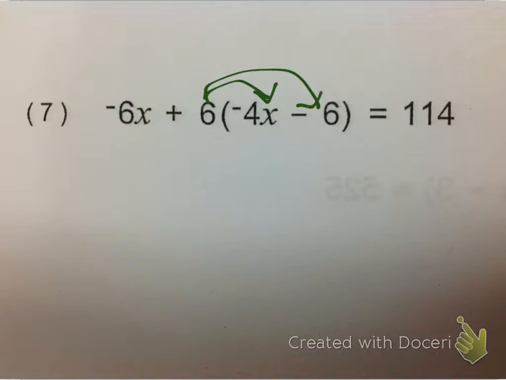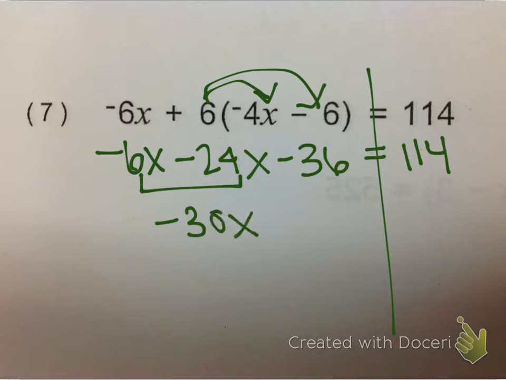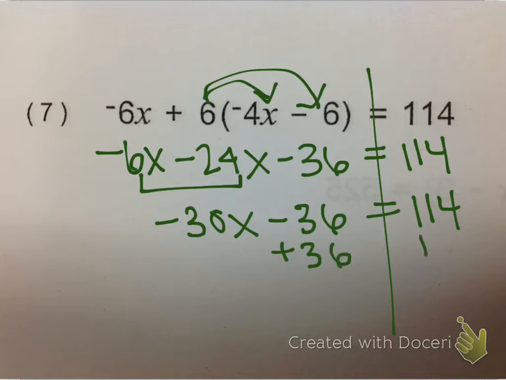Again, distribute. I'm going to do this one a little bit faster. It'll be the last one like this. So positive 6, negative 4 is negative 24x. Positive 6, negative 36 equals 114. Combine like terms. We got negative 30x minus 36 equals 114. We're going to add 36 to get our 0. Add 36. Negative 30x equals